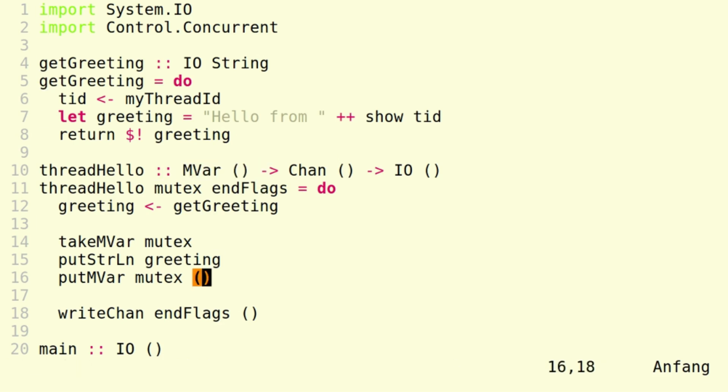So what has changed from the last program? Thread hello now has an additional argument called mutex, because that's exactly what it is. If you don't know what a mutex is, I've linked to some information in the description of the video. So what we do is we have a mutex that by taking something from the MVar, because the MVar now is our mutex, we acquire a lock on standard out,